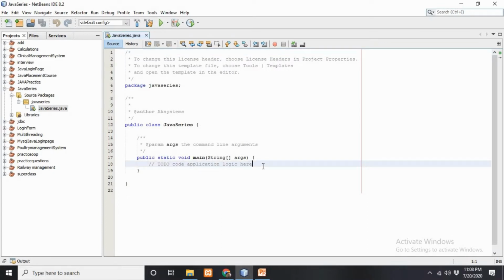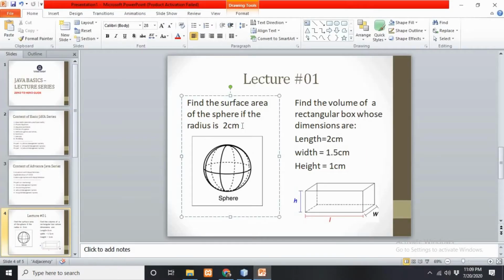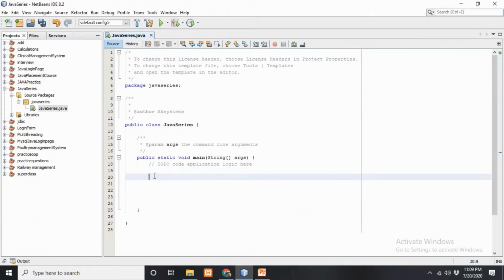All right, so what I am going to do is first copy this question and place it in a comment area so that I can see this question right here and it will help me to solve it.